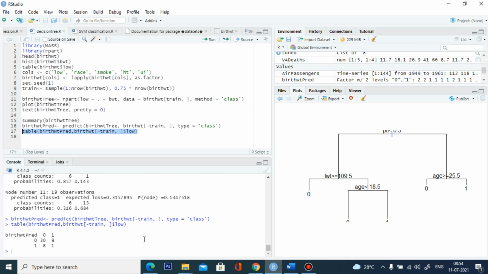In the same way, we can train the model again and again and get a better prediction model. Okay. So this is the implementation of our classification on SVM and decision tree. I hope this session will be very helpful to you. So thank you, students.